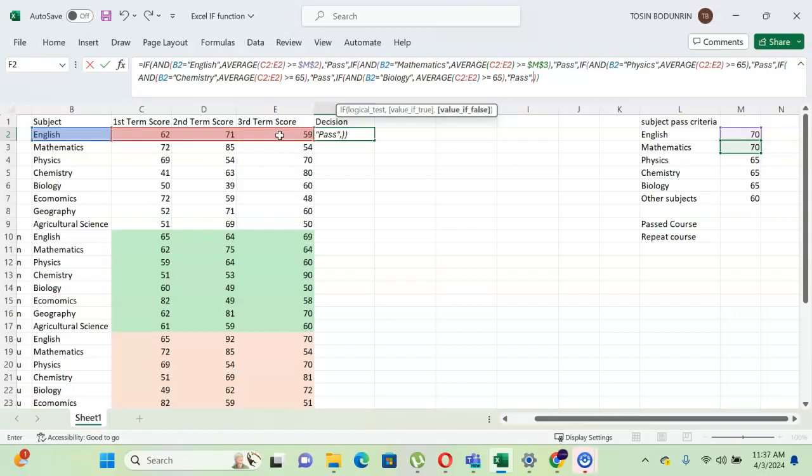Then what if the value is false? So this is biology. So value if it is false, I think that will take care of the other subjects. So value if it is false, basically where other subjects fall in. So I'm going to say, for other subjects. So we've been able to specify for English, mathematics, physics, chemistry, biology. So for other subjects, I'm going to say,